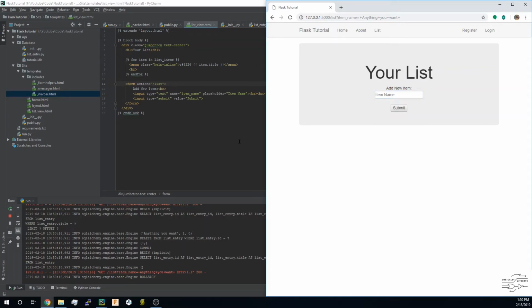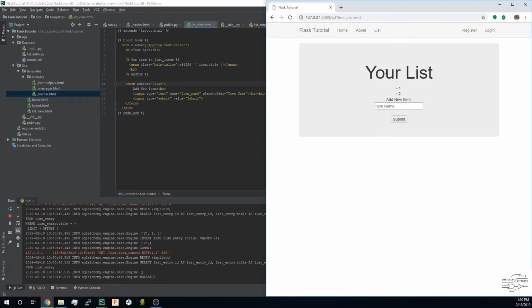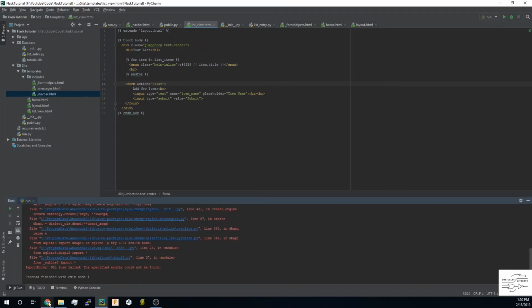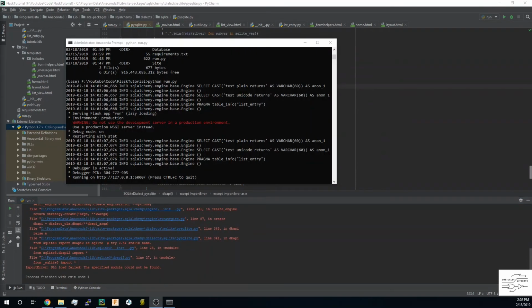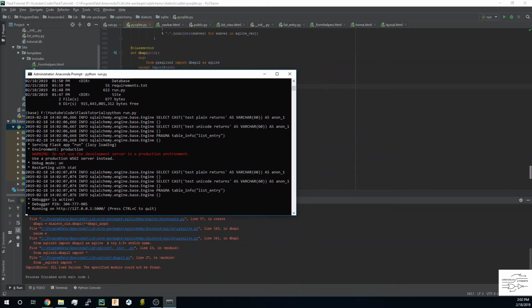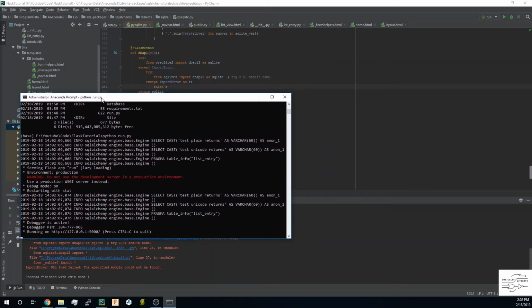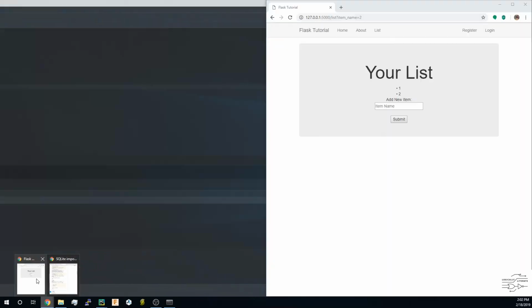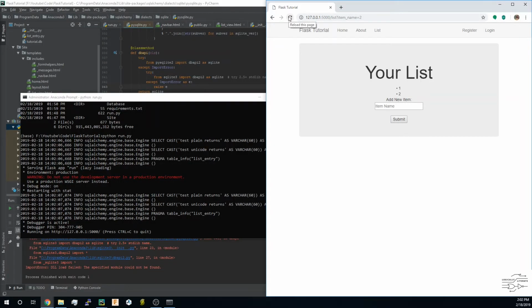Okay, what we're really trying to show here is that the data is persistent between restarts of the database. You'll notice I have 1 and 2 in here right now. If I restart this database, it fails to load. For some reason PyCharm isn't liking something, but I've got it running here now in the Anaconda prompt instead of in PyCharm. So again, like I was saying, if you rerun it,